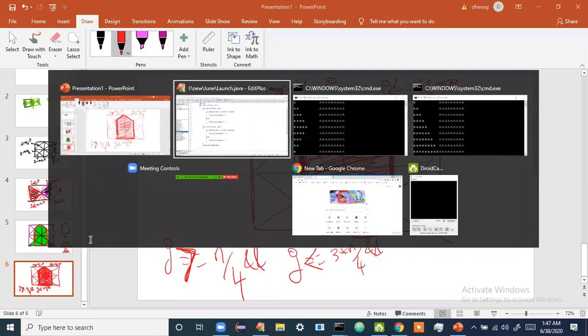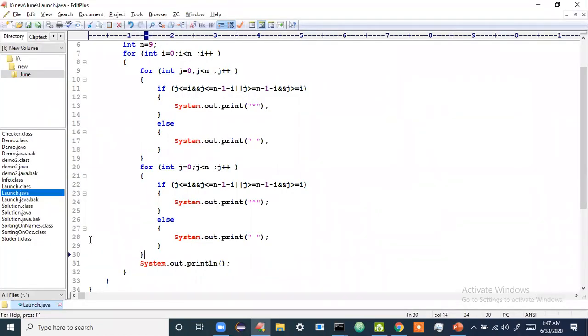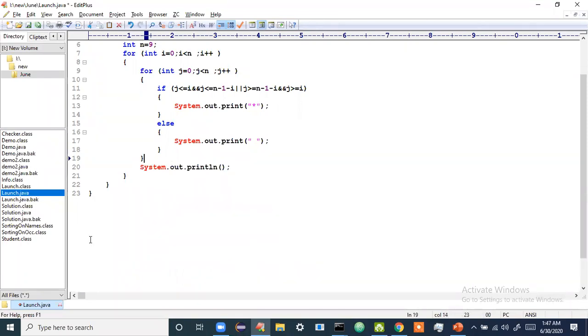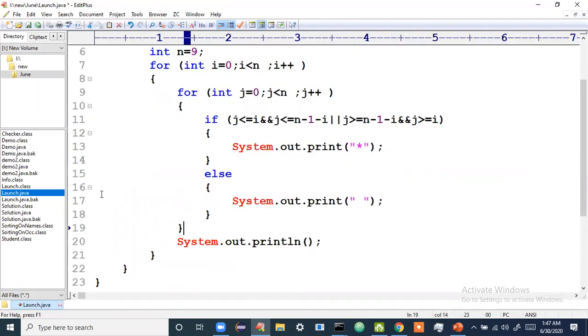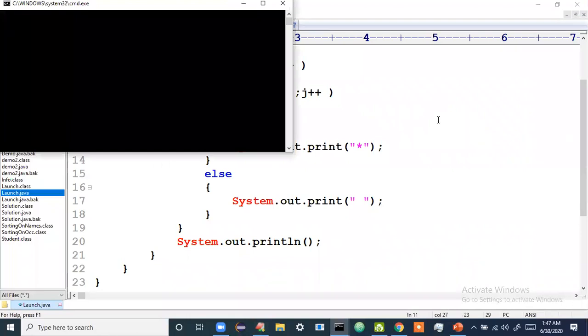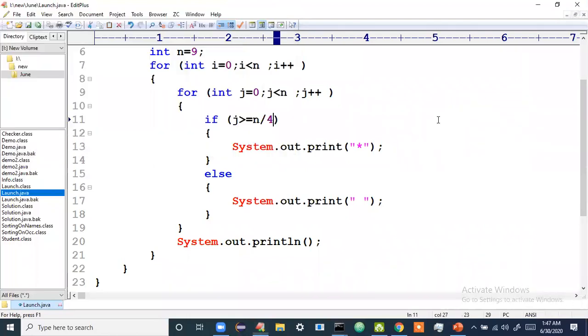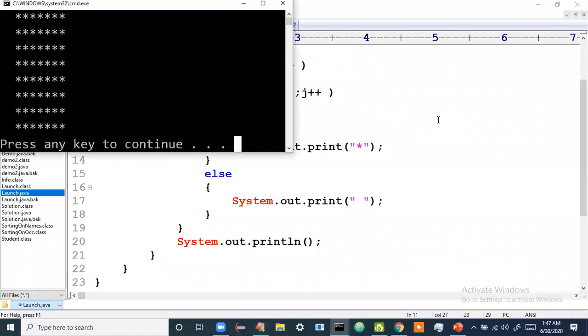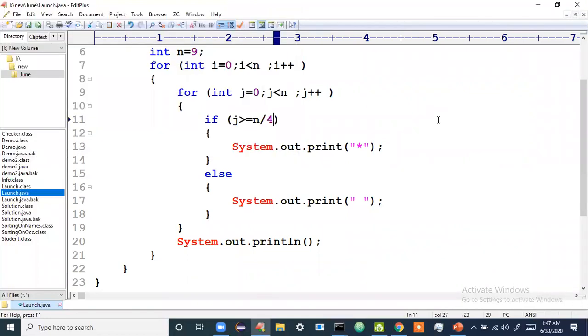So here, I'll be removing this. So I'll write for J is greater than or equals to n by 4 and J is less than or equals to, okay, let me show it to you. If I write J is greater than or equal to n by 4, okay, see, you will get this area. Now I'll tell and operator. J is less than or equals to 3 star n by 4.